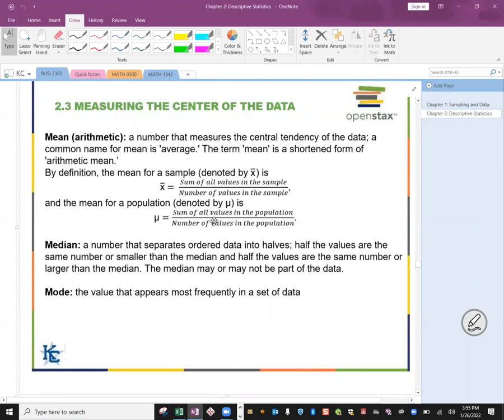So what happens is we talked about in chapter 1 that we have samples and populations. Your sample is a subset of your population. So we have a different mean for your sample and your population. So recall from chapter 1 that we discussed how your sample mean is represented as X bar. And this is your statistic, right? And then we have your population mean,